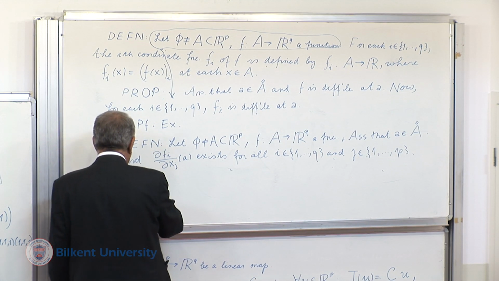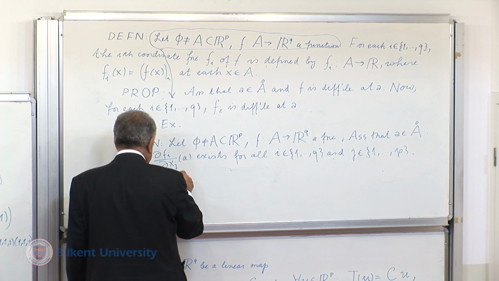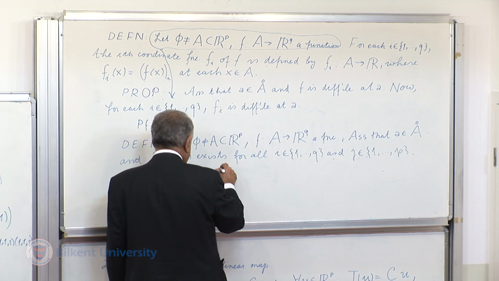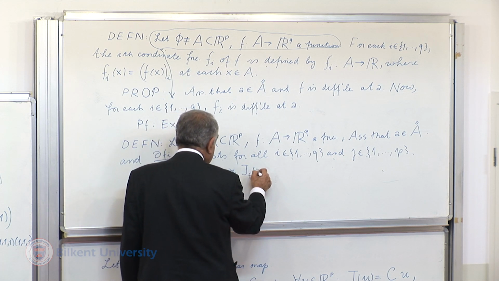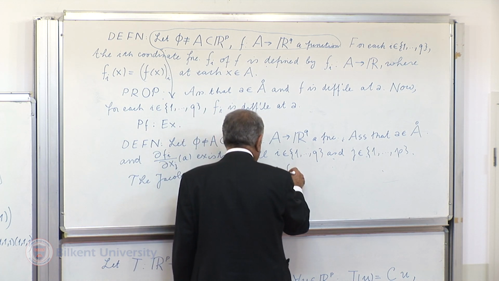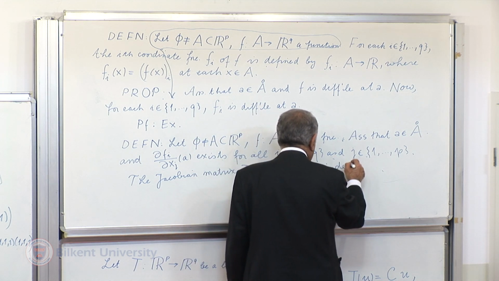The Jacobian matrix J_f(a) of f at a is defined by